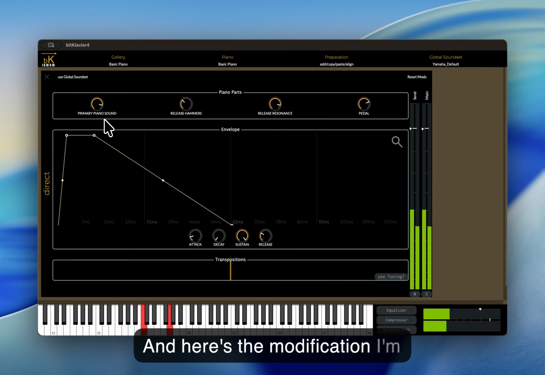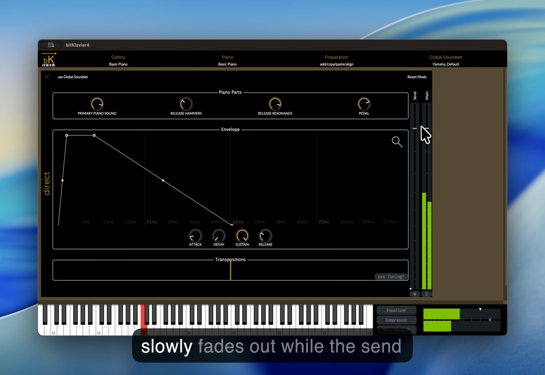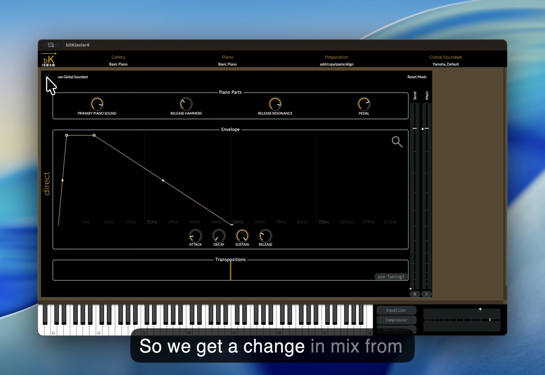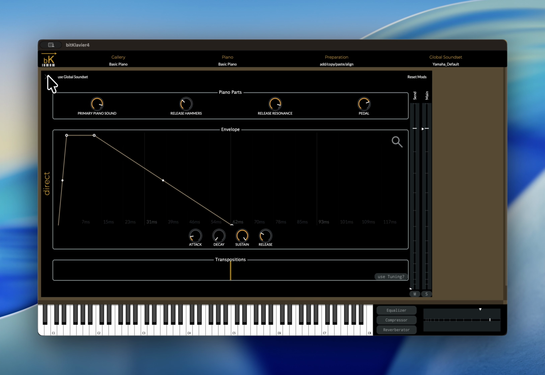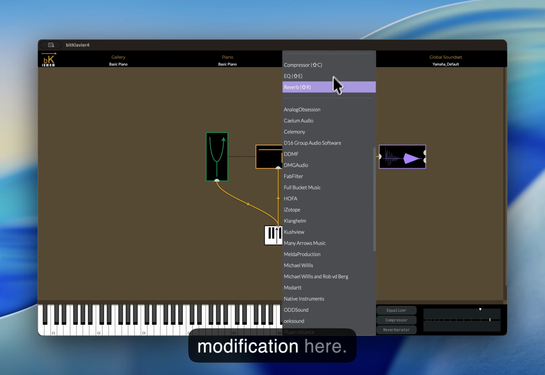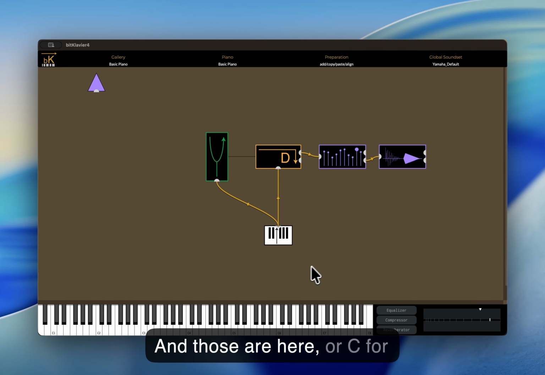And here's the modification I'm going to try. We're going to try to create something where the main slowly fades out while the send slowly fades up. So we get a change in mix from the direct sound to the reverb sound. So let's try that. What I'm going to do is create a modification here, and those are here, or C